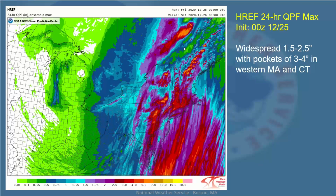And so that was like the mean of the HREF. We really like utilizing that model quite a bit. Now, this is actually looking at the HREF ensembles, but taking the worst case scenario of those ensembles. And you'll basically see there 3-4 inch amounts across far Western Mass, parts of the Connecticut Hills, Northwest